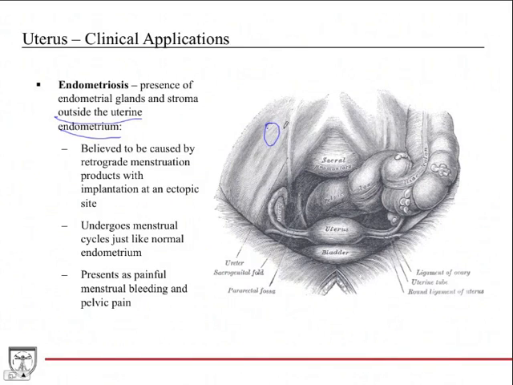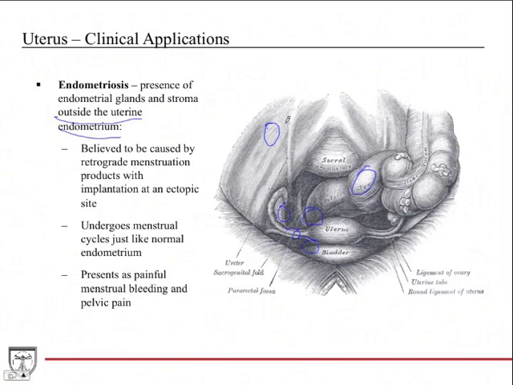So you can have it up here in the peritoneum, you can have it here on the bowel, you can have it on the bladder, you can have it in the pouch of Douglas, which is kind of this region here. You could have it on the ovaries, fallopian tubes. Really, you can have this ectopic tissue anywhere. And it's believed to be caused by retrograde menstruation products that result in implantation of uterine tissue at an ectopic